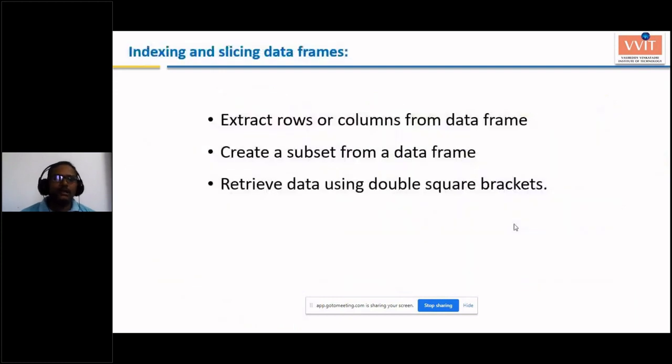The main aim of manipulations on data frames is this: if you have a data set, all the data which you have collected may not have all the fields completely filled. Say for example, you are collecting data from a website and you are asking the feedback of customers. When they are giving the feedback, they may not give you all the complete details. Say for example, you want them to share their phone number.